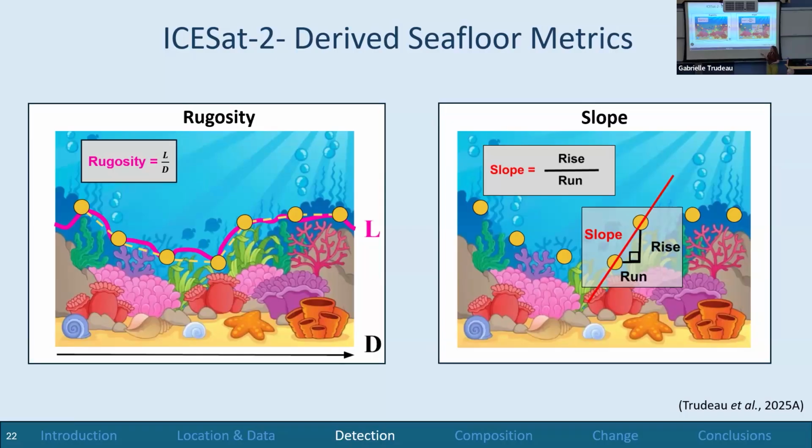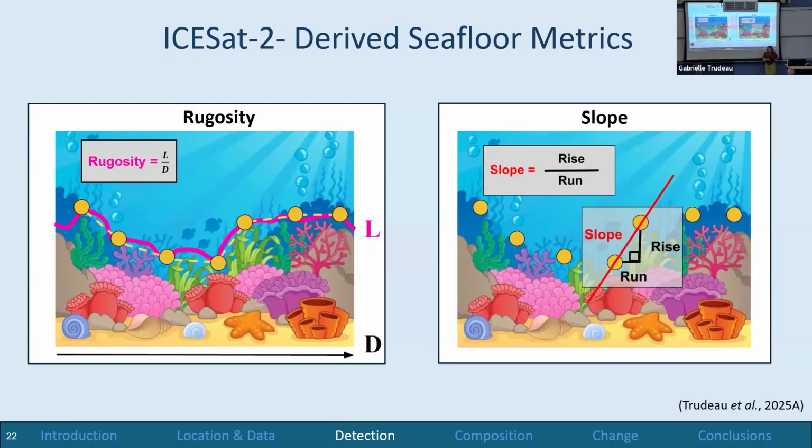So I'm essentially mimicking the way that we calculate rugosity in the field. If we take this pink line, the way that we calculate rugosity in the field is called the chain and tape method. We would take a chain, lay it over the topography of the reef, that pink L, and calculate that length. Then we calculate the distance that's covered, that black D value, and take the ratio of those two things, and that gives me some kind of surface roughness.